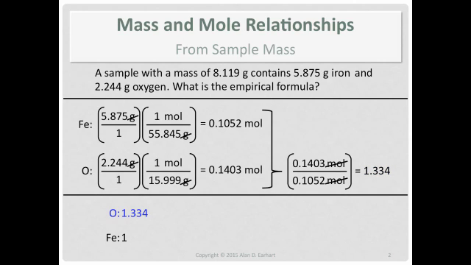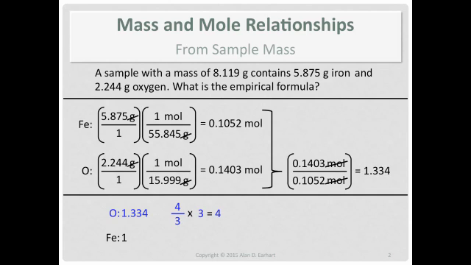All right, so look down below. This is where we are. The ratio is 1.334 to 1. Maybe if I put that in fraction form, you'll be able to see it better. So that's 1 1/3, which is 4/3. Now I want a whole number. So what can I multiply 4/3 by to get a whole number?